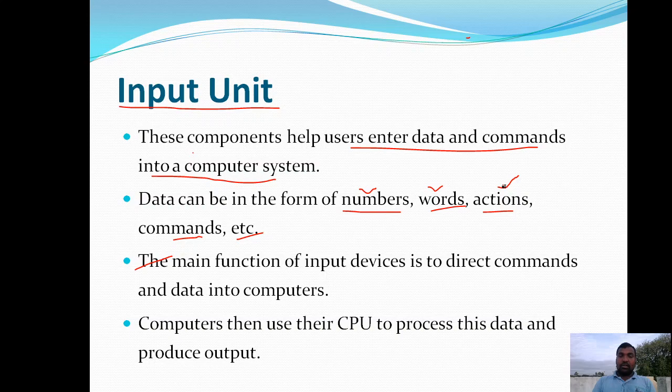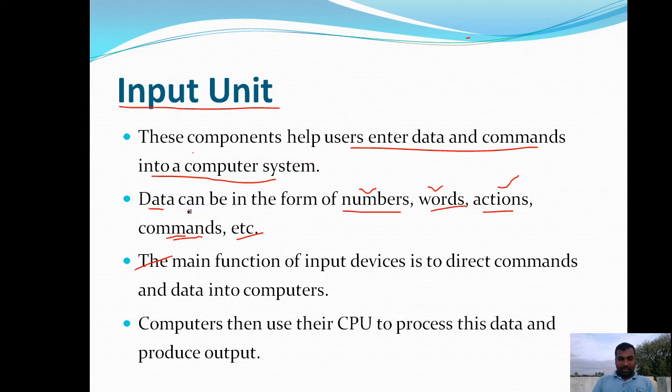Commands include several DOS commands, and commands are nothing but instructions. So we can give the input in any form, and these various forms of input are used to transfer data from user to computer.